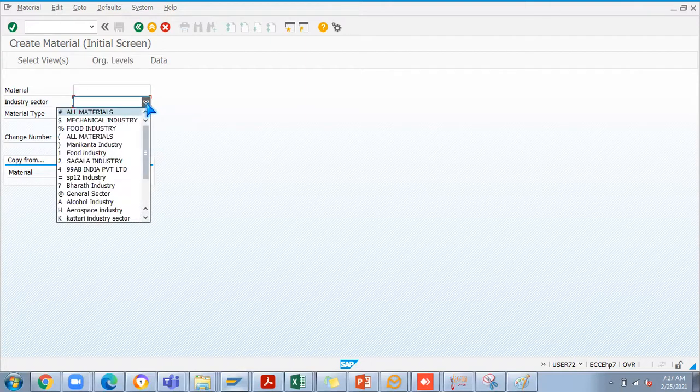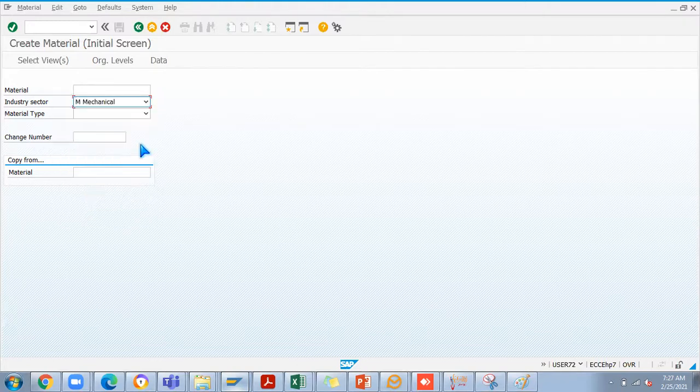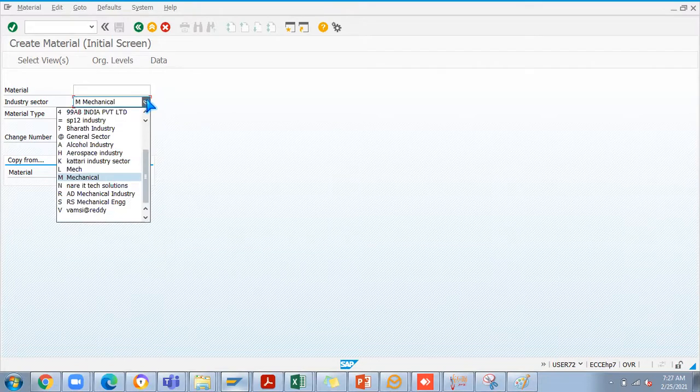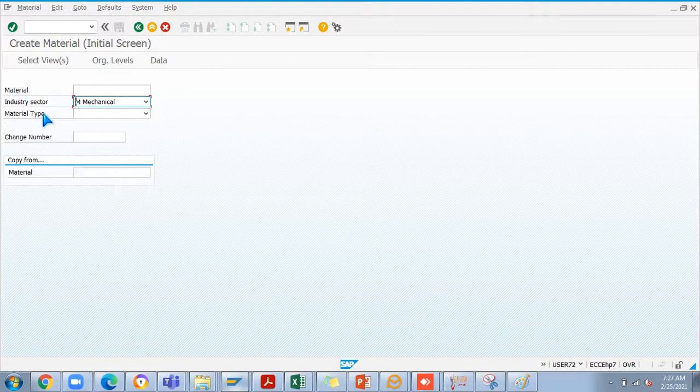Here you can see industry sector, so which industry sector it belongs to. For example, I'm talking about steel manufacturing, a steel side, JSW Steel. I'll take mechanical industry, which is the manufacturing side of mechanical. Or if you want to create a new industry sector, I will tell you when I get into the Material Master concept completely. Now I'm just going to create material with the existing option here.